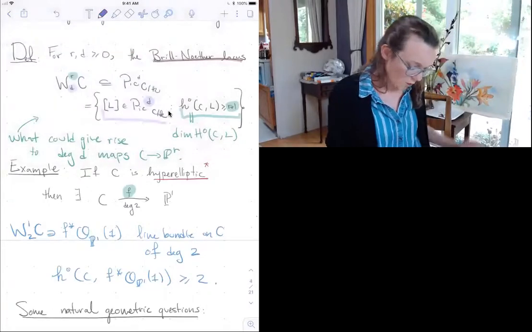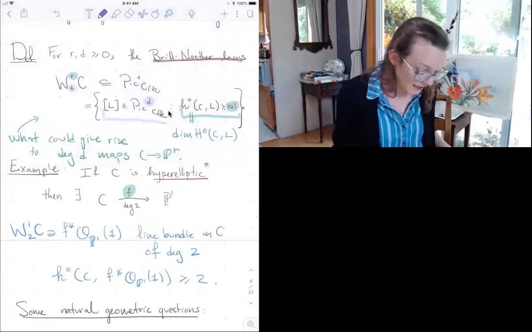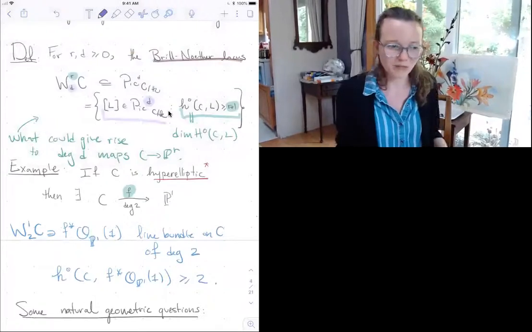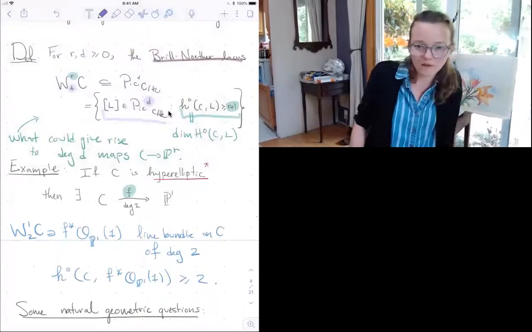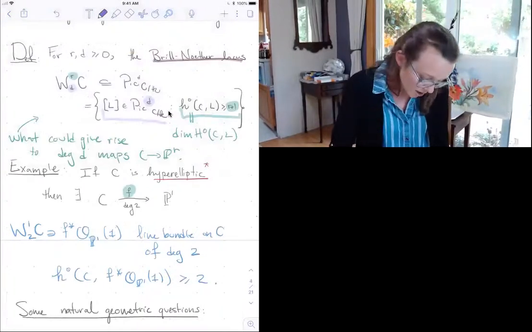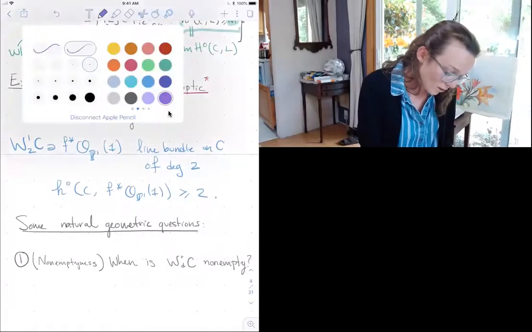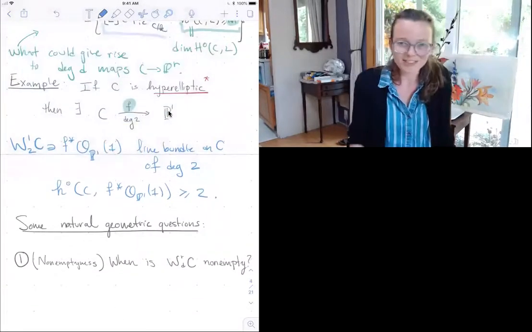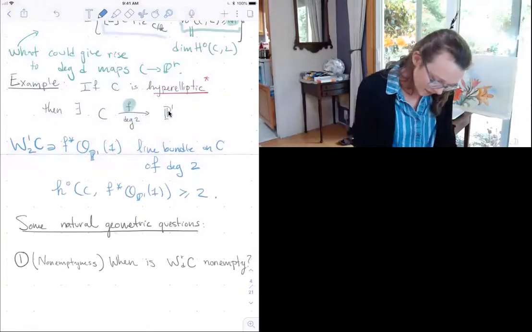Okay, so I've just defined for you a subvariety of Pic D, and when you meet a subvariety, I think there are some natural geometric questions to ask yourself about this variety. So the first question is, when is it non-empty as a scheme? It's the first question you could ask. And so roughly,